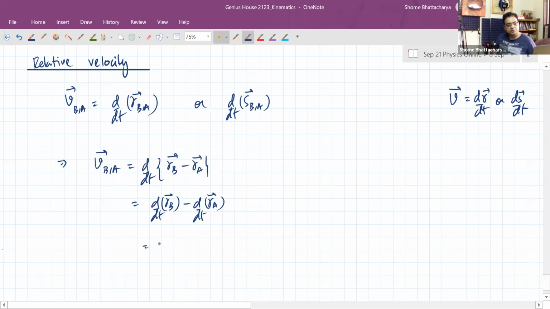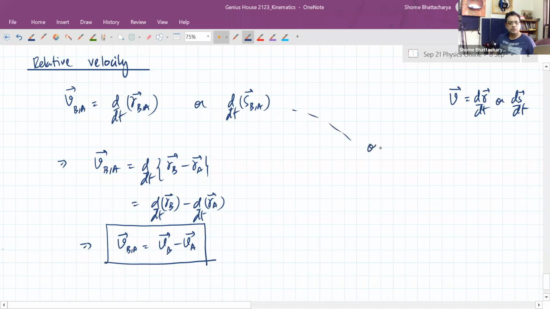So ultimately, it becomes absolute velocity of B in the ground frame minus absolute velocity of A in the ground frame. But again, remember, it's the vector difference. So for example, if they're moving in a straight line towards each other, they will actually add up in magnitudes. Okay. So similarly, if you take this,